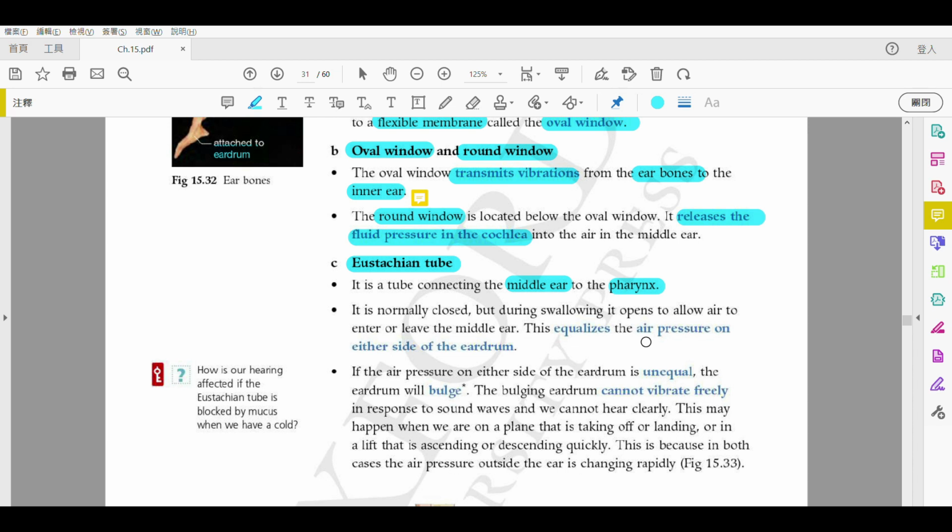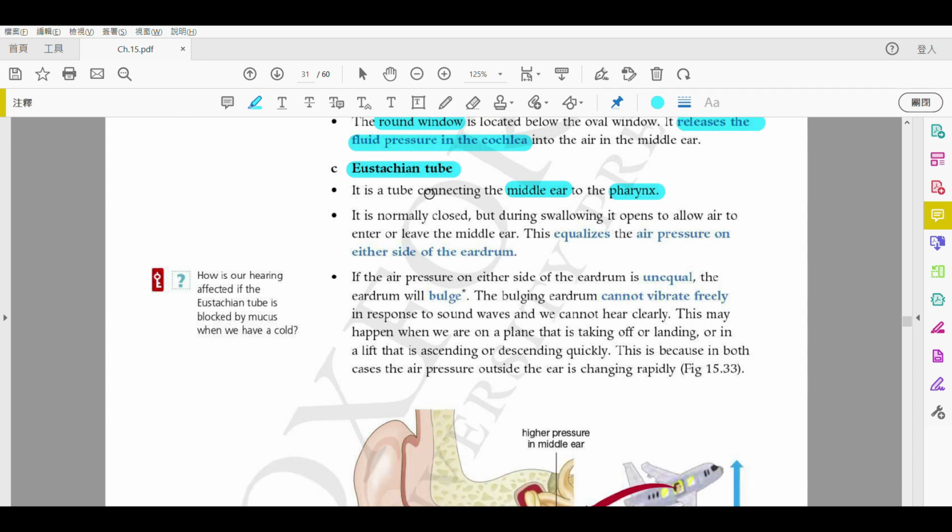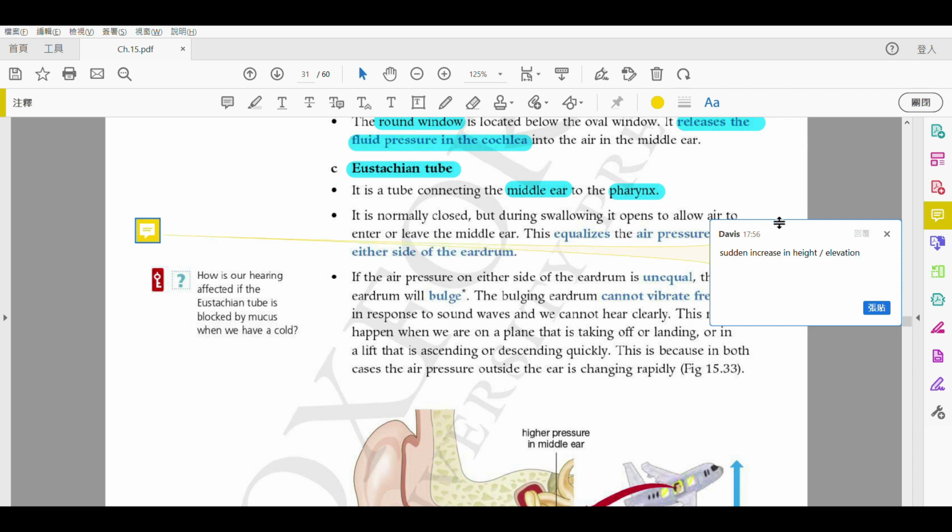So that's why we always say that the ear, the nose, and the pharynx, yeah, and they are always connected. Okay? 好啦, so normally 呢個 eustachian tube 係 closed 㗎啦，但係啦 sometimes it will open due to some action. 有啲嘅動作嗰陣時，佢就會 open 啦。For example, please jot this down. First one is like there is a sudden increase. 突然間嘅增加 in height, or we say elevation. Okay? 係一個高度上面嘅增加啦，突然性嘅。